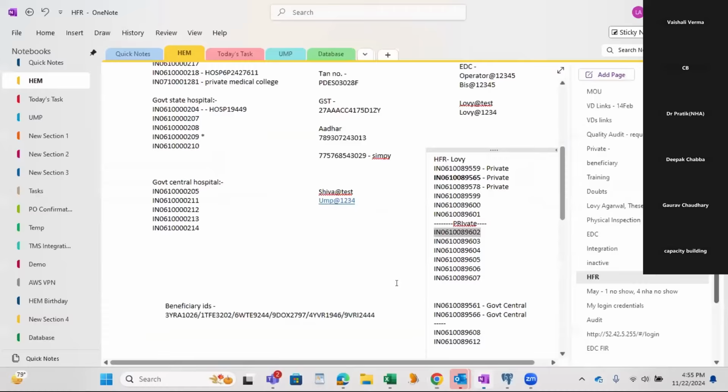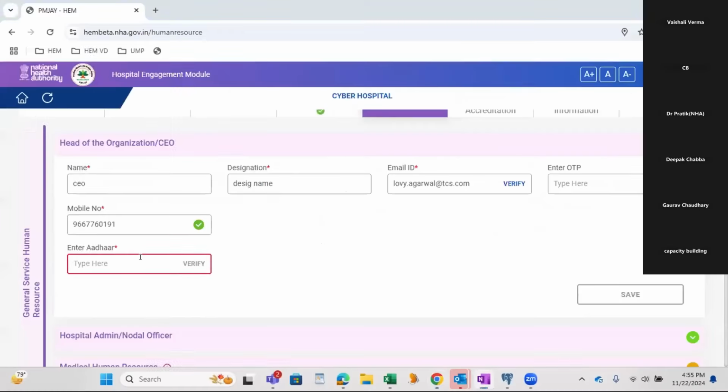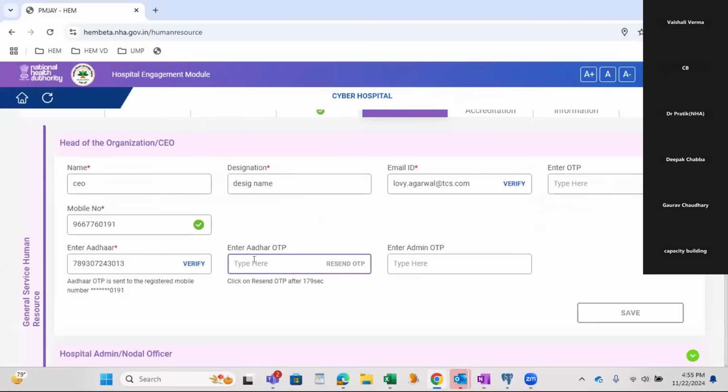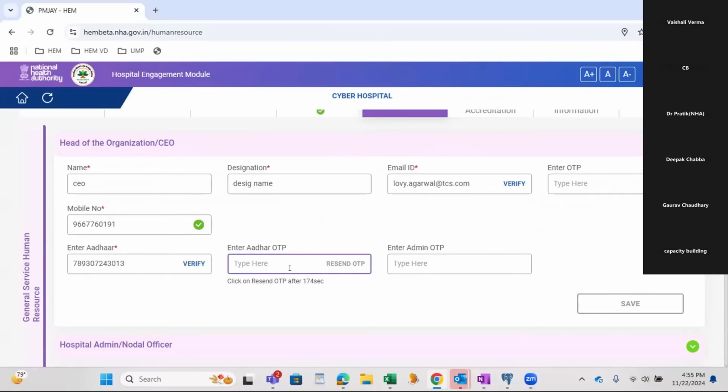I'll enter the Aadhaar details. Again, verification. In Aadhaar, we have two-step verification: one Aadhaar OTP will come and one admin OTP. So Aadhaar OTP, and the admin OTP I have received.